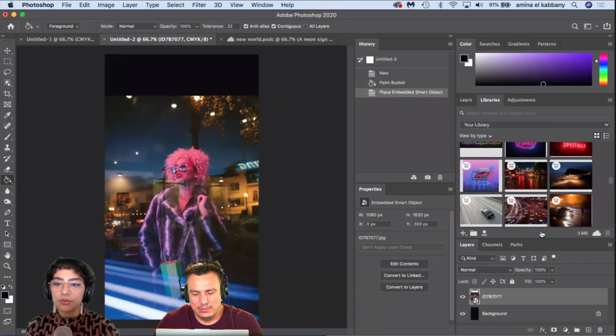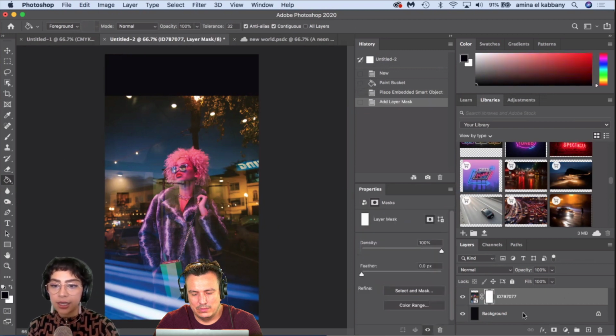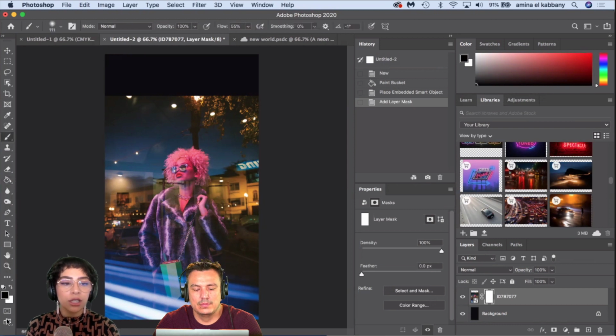All right. Let's see here. Because I want the focus to be on her, I'm going to create a layer mask and remove all of the unnecessary visual information around her. Maybe I might leave the buildings in the background because I like what it adds, as well as the car. It gives you context about the environment. So we're going to use the brush tool.